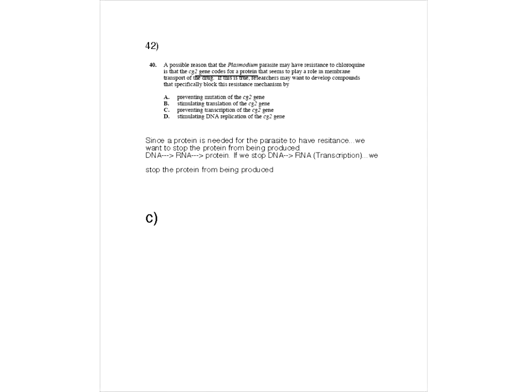Well, a gene coding for a protein is basically DNA going to RNA. Well, which of these answers describes that? That would be this here. Because if you can't transcribe DNA or take DNA and produce RNA in the beginning, you're never going to get a protein out of it. So if you can block this from happening, you're going to block the protein from being produced. So this is what best describes this part that I underlined here, DNA coding for a protein. Because if you can prevent transcription of the gene, you're going to prevent that protein from being produced.